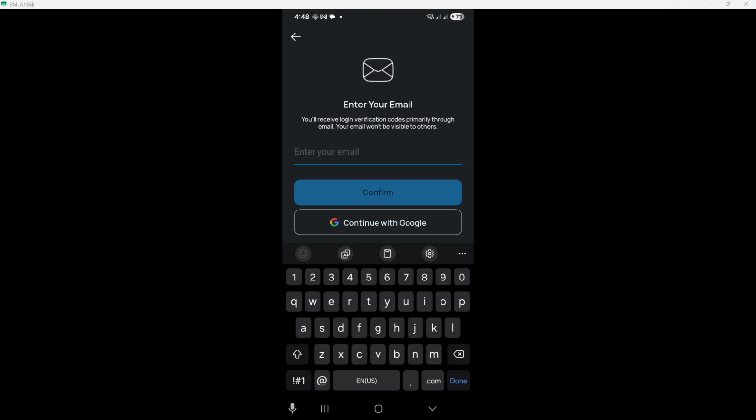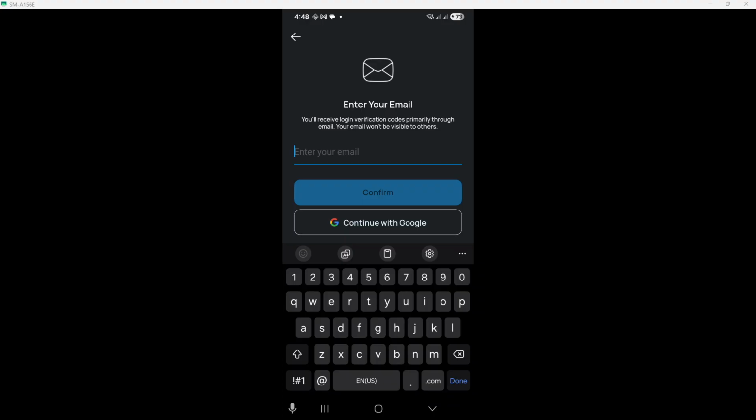Adding or updating your email is a smart move because it provides an extra layer of security. If you ever run into issues with your phone number, having an email on file can be a lifesaver. You'll receive confirmation that your email has been updated, giving you peace of mind.